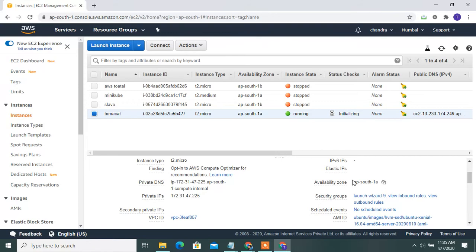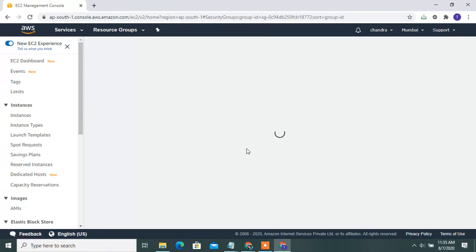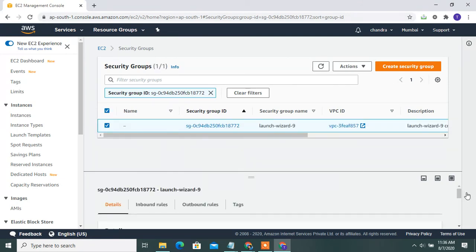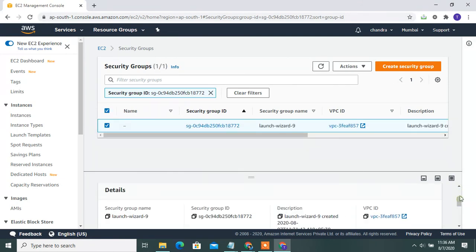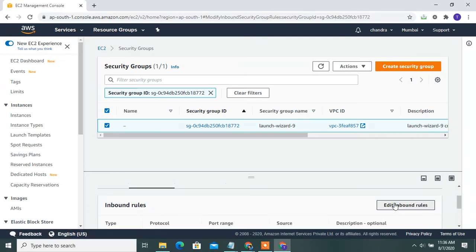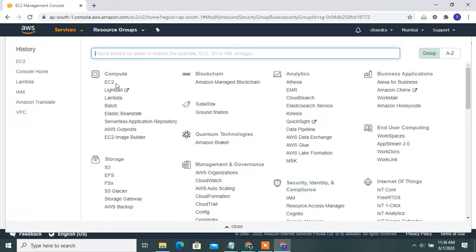See, this is my availability zone in South Asia. To add security groups, go to the launch wizard and then go to my inbound rules. See, these are the inbound rules; edit the inbound rules and add this. And next is